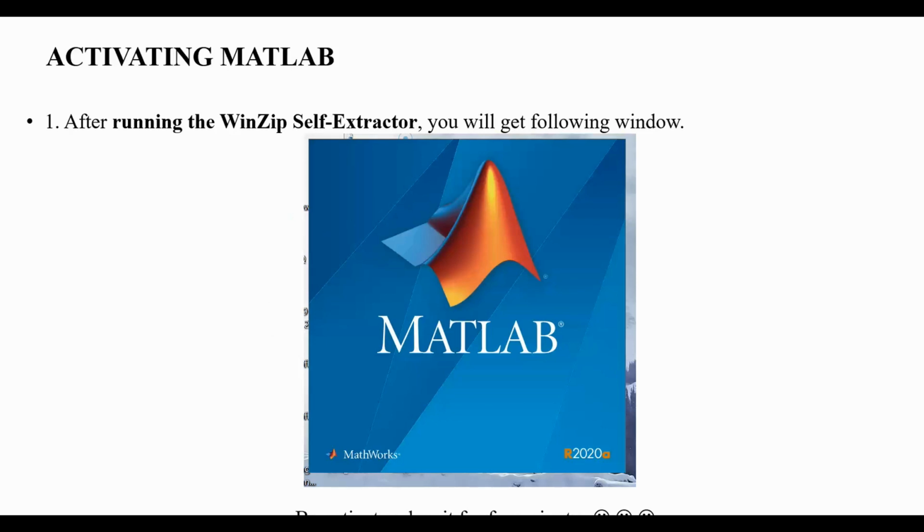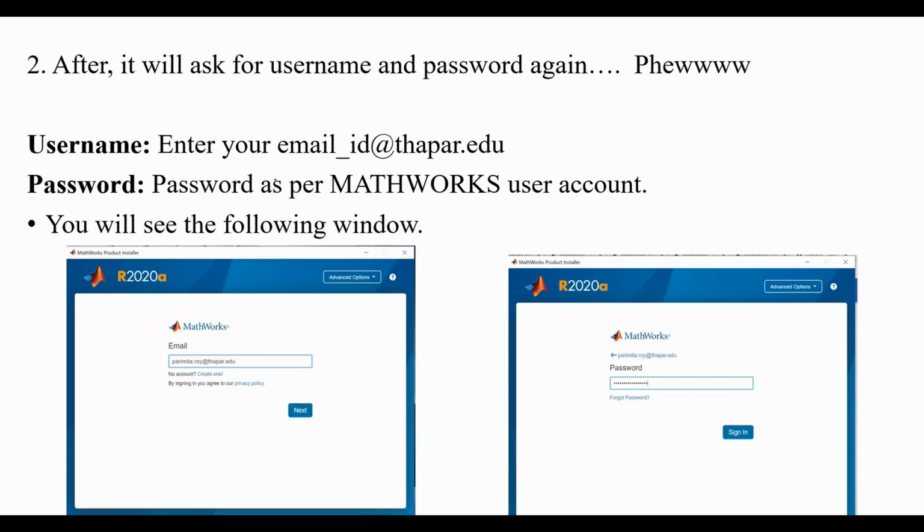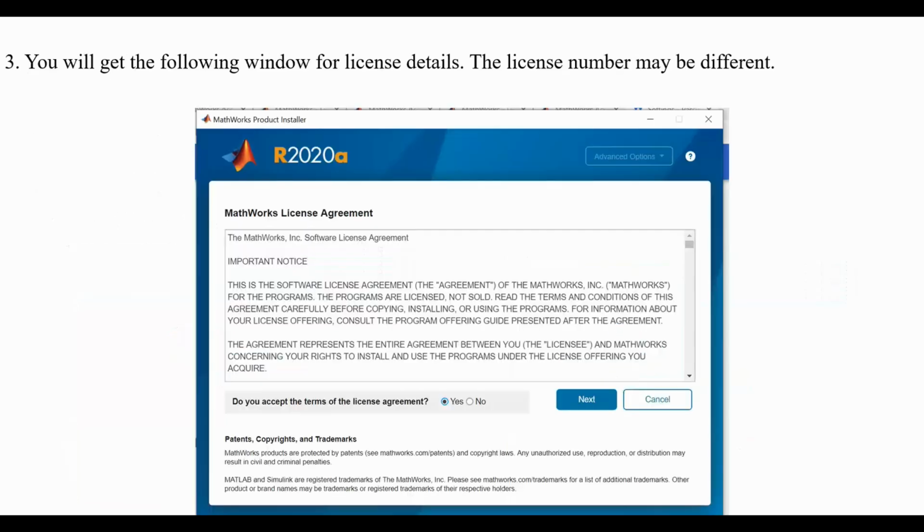for a few minutes, and after that you will again be asked for the email ID. Then you have to put in your university email ID, press next, then give the password and press sign in. When you press sign in, you will see this window asking for the license agreement. What you need to do is press yes,